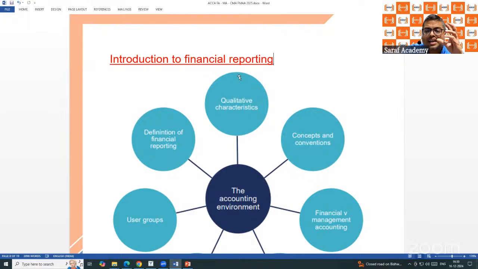Management accounting data are internal. They are for internal purpose and for decision making. They are not based on any laws or regulations. And management accounting is more frequent. There is no format. The way it is required internally, it is prepared. So in management accounting you have cost nature, variable cost, fixed cost, budgeting, marginal, standard, all these are management accounting. And financial accounting is P&L account, balance sheet, cash flow, recording of transactions, classifying transactions.